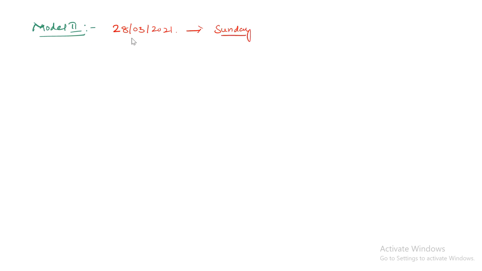Now I'm going to prove that today is Sunday by using this method here. Okay, so first what we will do is take this complete year. So take this year. What is the year in the question they ask? 2021. So is it a complete year? No, why? Because they are asking 28 of 3. So what you will do is take step 1 as consider the previous year. Why? Because it's a complete year, and from this find the odd days. Okay, so odd days we need to consider.